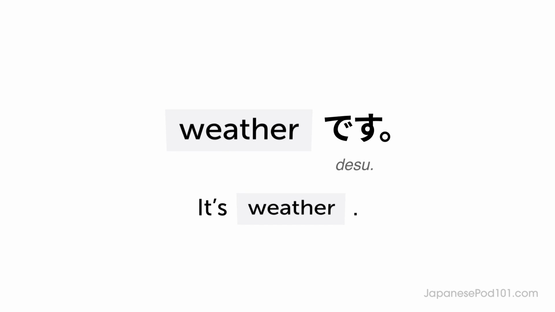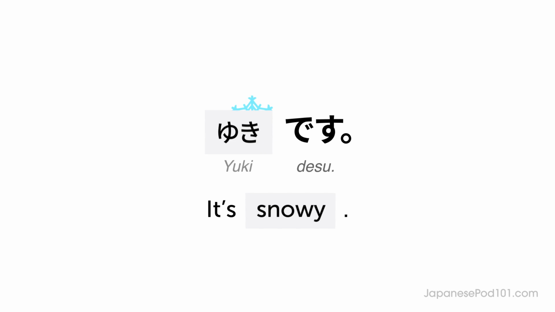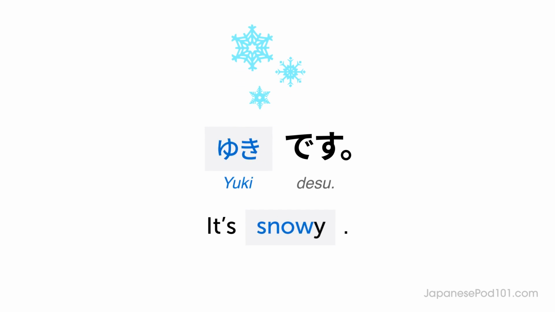The pattern is weather です, it's weather. To use this pattern, simply replace weather with the local weather condition. Imagine you're in Sapporo, and outside there is snow. 雪. Say, it's snowy. Ready? 雪です。 It's snowy. 雪です。